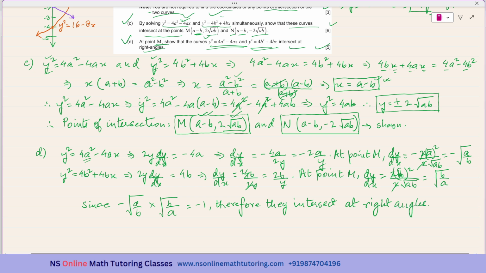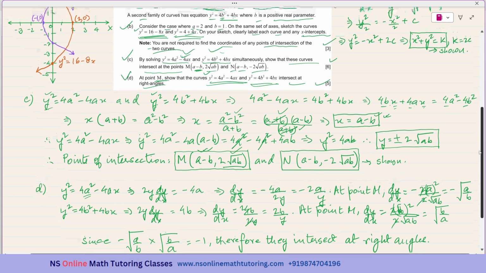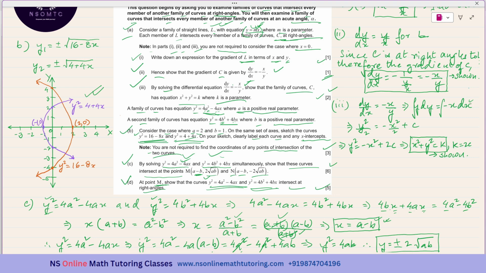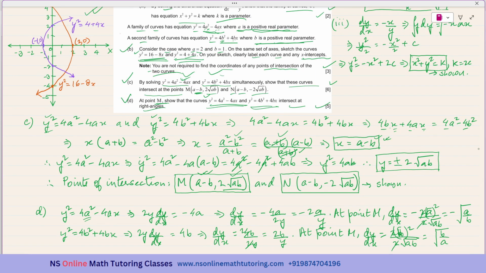Okay. In subpart C, we have divided by a plus b. Actually, it is containing 6 marks. So, I think that, and they have said a is a positive real number and b is a positive real number, so it is better to give them the justification of why we can divide by a plus b. How can we do that? Because a plus b will not be equal to 0, since a is greater than 0 and b is greater than 0.